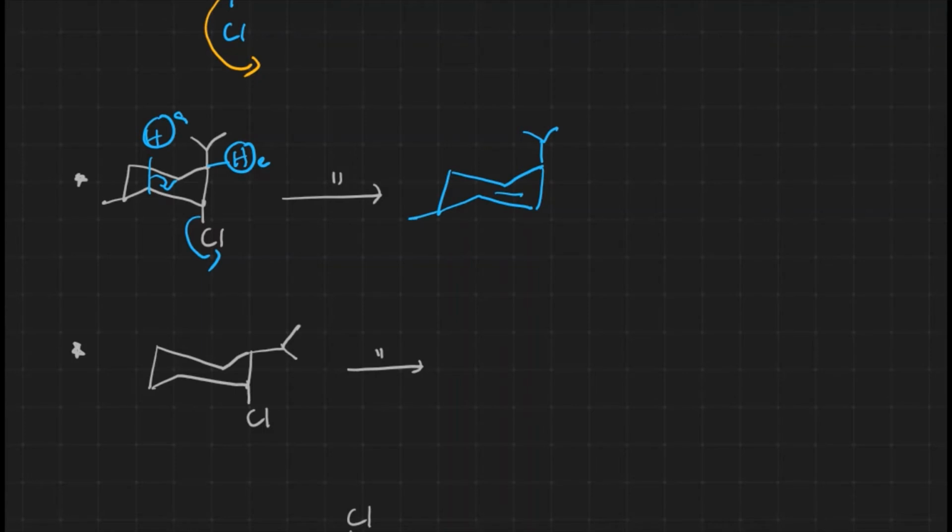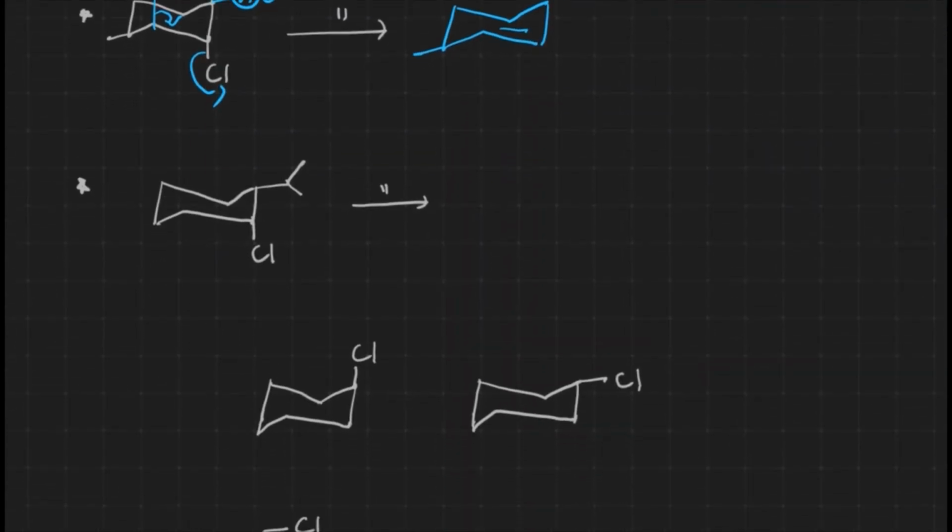This is how the reaction takes place here. Now let us take over here also how the reaction takes place. We'll get two kinds of products over there, because we have two axial hydrogens, right? This is axial. There is a possibility of breaking of this bond, or this bond also. That's why we'll get two kinds of products over there.